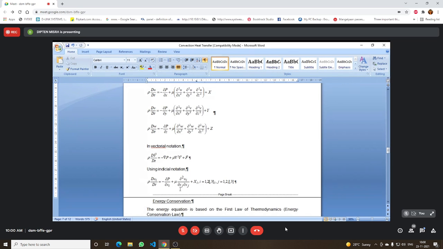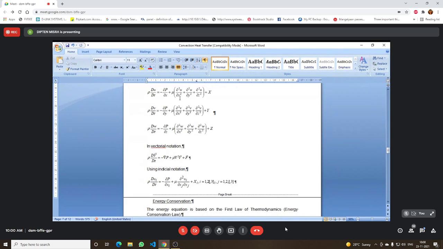And whenever we write del, the repetition of index, here what we have written is del xj del xj. So it is basically del 2 ui del xj square. Now that del xj square is equal to del xj del xj, differentiate twice. Now whenever there is a repetition of index, it means summation over all values of j. Now similar to i, j also varies from 1 to 3. So it will be differentiated with all values of j.